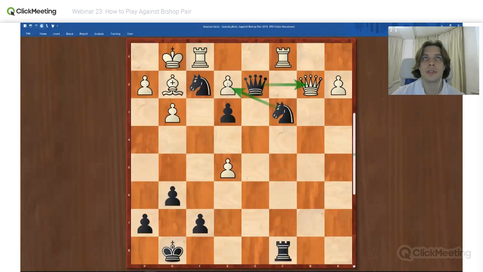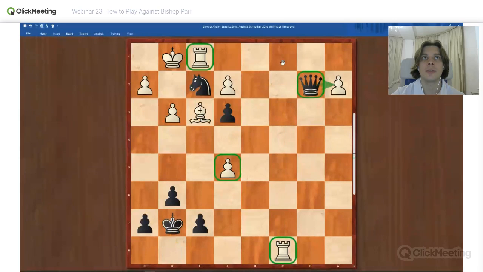So we are threatening with knight e2, and the best thing he can do is actually to take on c3. Then queen takes queen, and in this position, after queen a2, we can at least draw the game, but maybe because of his king weakness on g1, we are slightly better.